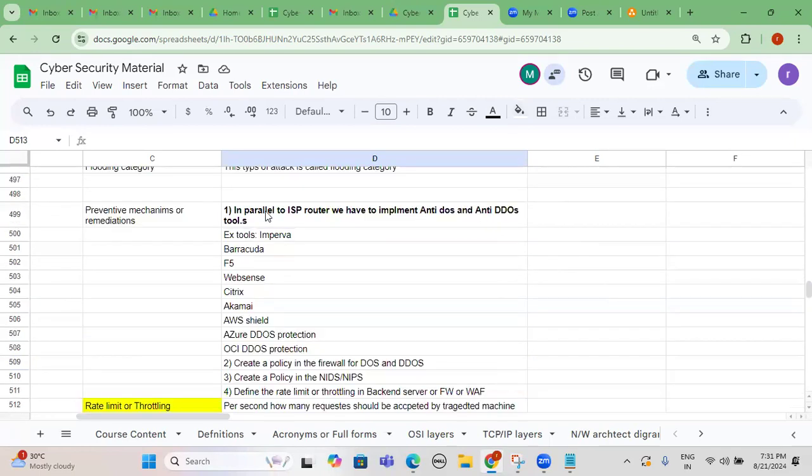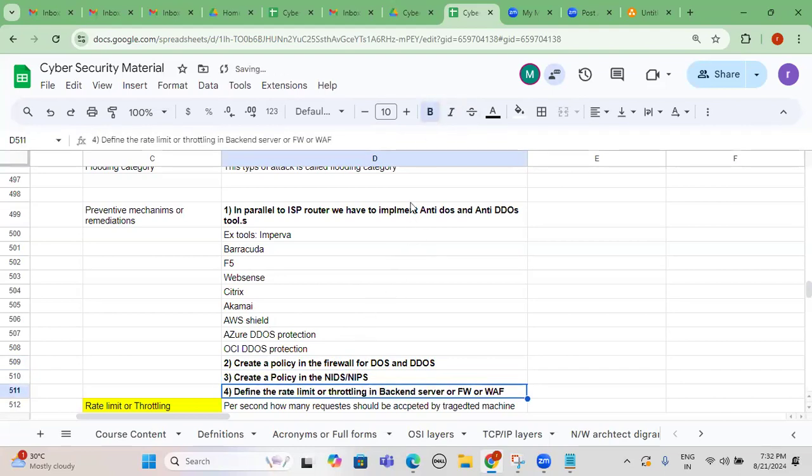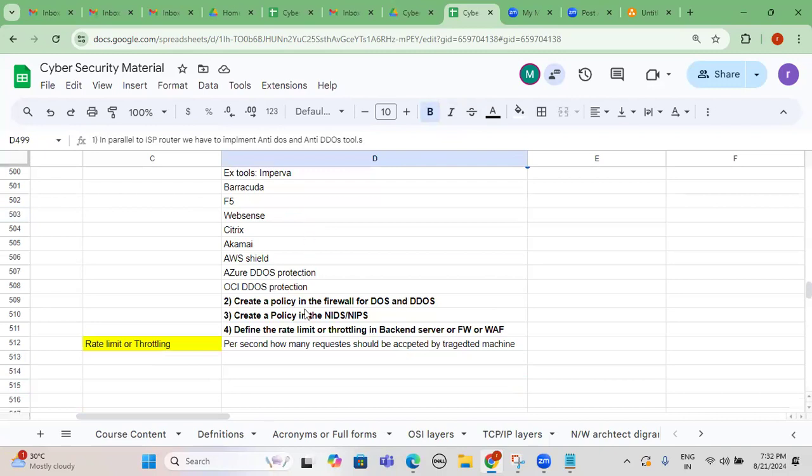So these are all the mitigation steps for any DOS and DDoS category of the attack, any flooding category of the attacks basically. You can give the same priority, whatever I give, as it is. First, in parallel to the ISP router, we have to implement anti-DOS and anti-DDoS. The next one, create a policy on the firewall side for DOS and DDoS category of the attacks. And create a policy in the network IPS once again for DOS and DDoS. Last one, you can give priority for